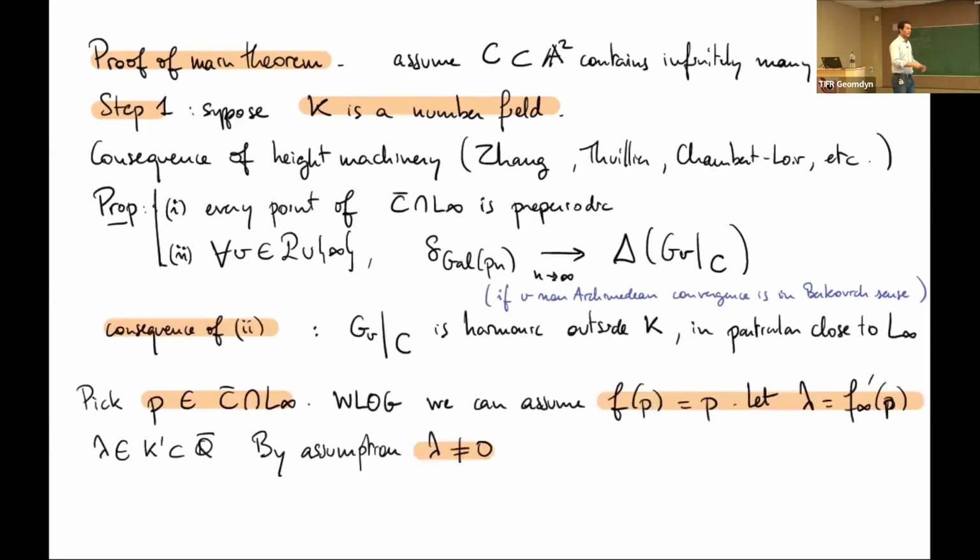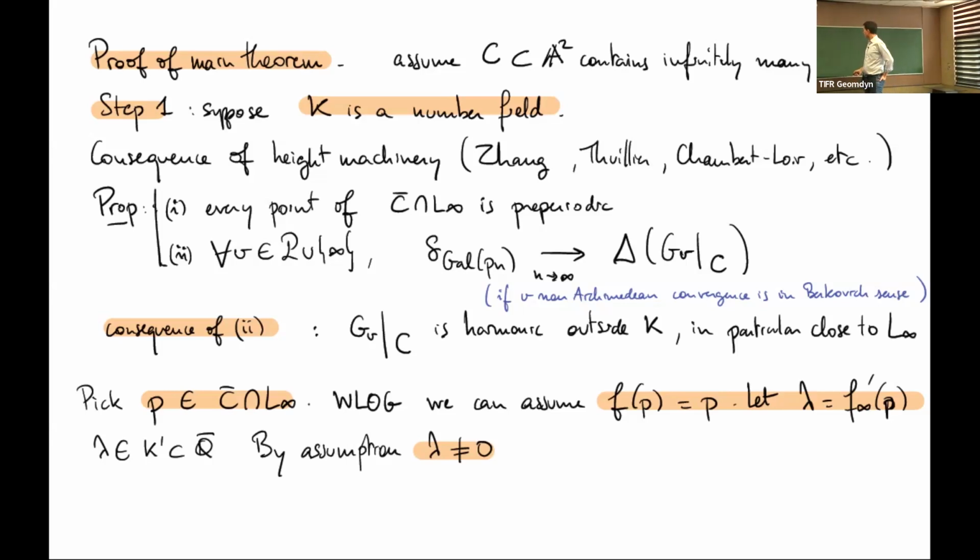Okay, so now comes the obvious corollary. All these points are contained in this K, in this field Julia set, field Julia set between quotation marks. So they are in a bounded subset of C2. And it's the same over the p-adic numbers. So they live in a certain bounded subset. So none of these points is close to the line at infinity. And the Galois orbit is the same because they also are preperiodic points. So what this second point says, which is actually the only information that we use, is that the green function restricted to the curve is harmonic in the neighborhood of the line at infinity, just because all the periodic points live in a bounded subset. And we have this equidistribution here.